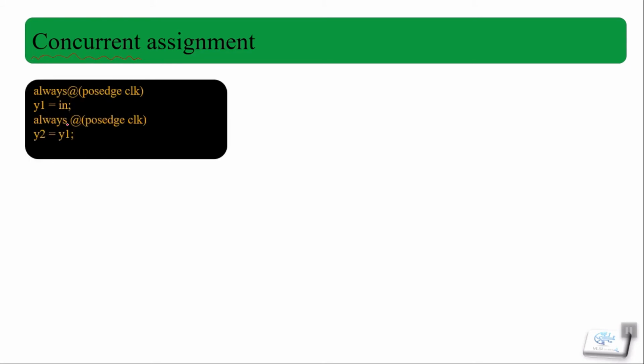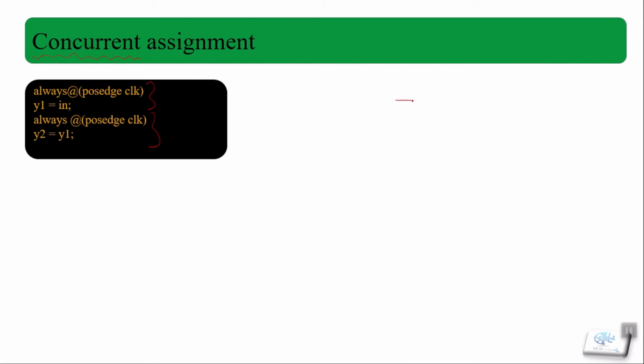Moving onwards to the concurrent execution of these statements. Now here we consider the effect of delay on both statements when they are working in a concurrent way. Let's first talk about the blocking statement, and here are two blocking statements. They are working in two always blocks. So according to the simulator, these two always blocks can work at any time.